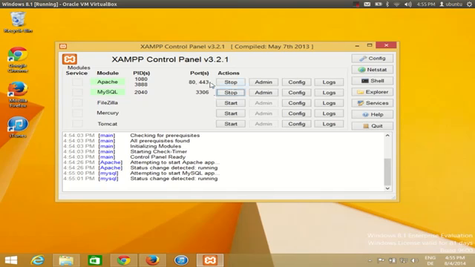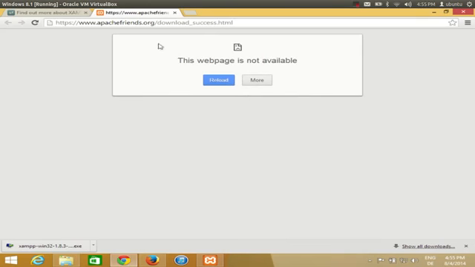So right now they are running, because you will be able to see the stop symbol. When you see the start symbol, then they are stopped and you will be able to start them. Okay, so now once we have Apache web server and MySQL started,